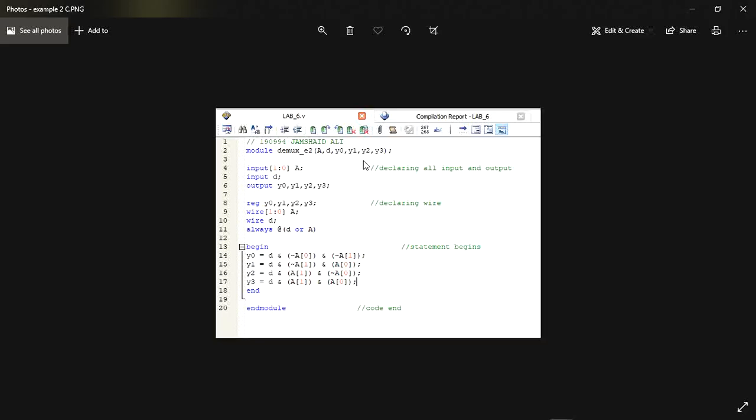Here I declare all the inputs and outputs, using register and wire, defining their sizes and input sizes, and we begin the case. Here, by using logical operators such as OR, XNOR, and negation, I end the module to get our output. We can check it by running our circuit, and after running we get its output. We can also see its RTL viewer.